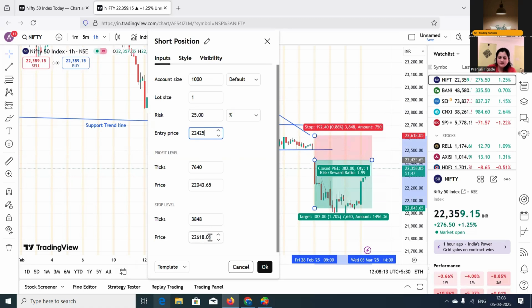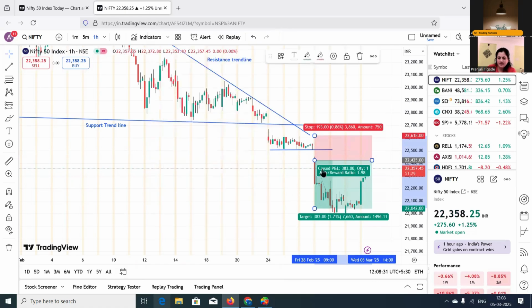Suppose my stop loss is at 22,618. Okay. And suppose my take profit is at 22,042. Okay. And I can select OK, and it is adjusted as per the exact values which I have entered.